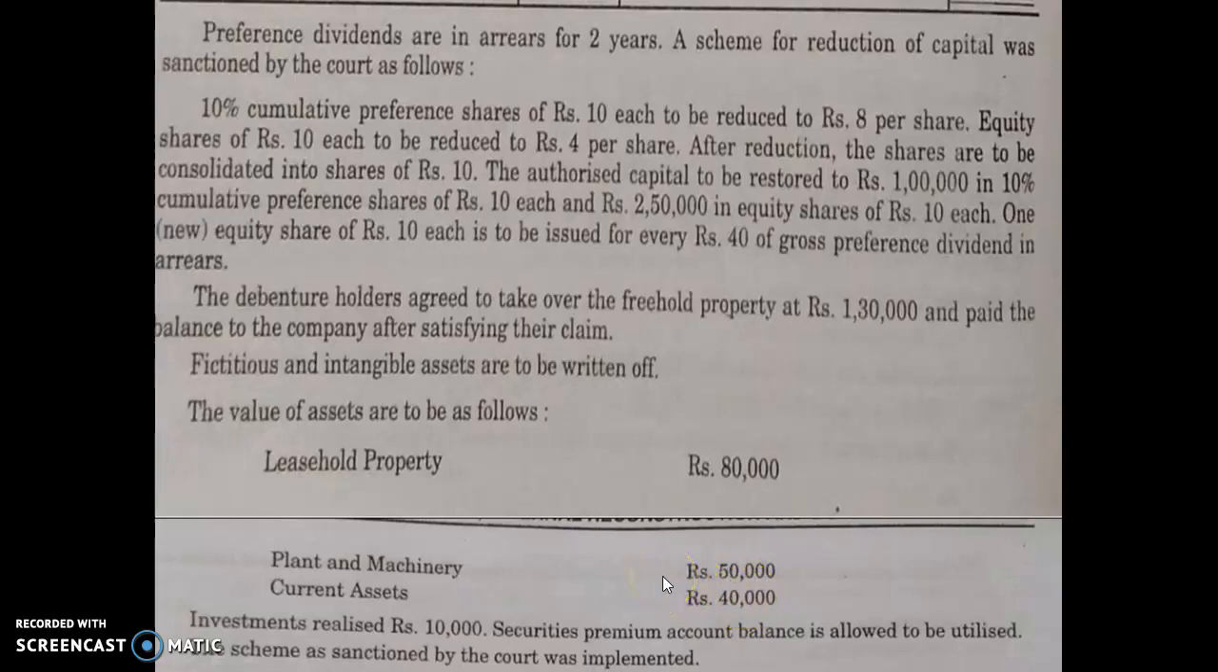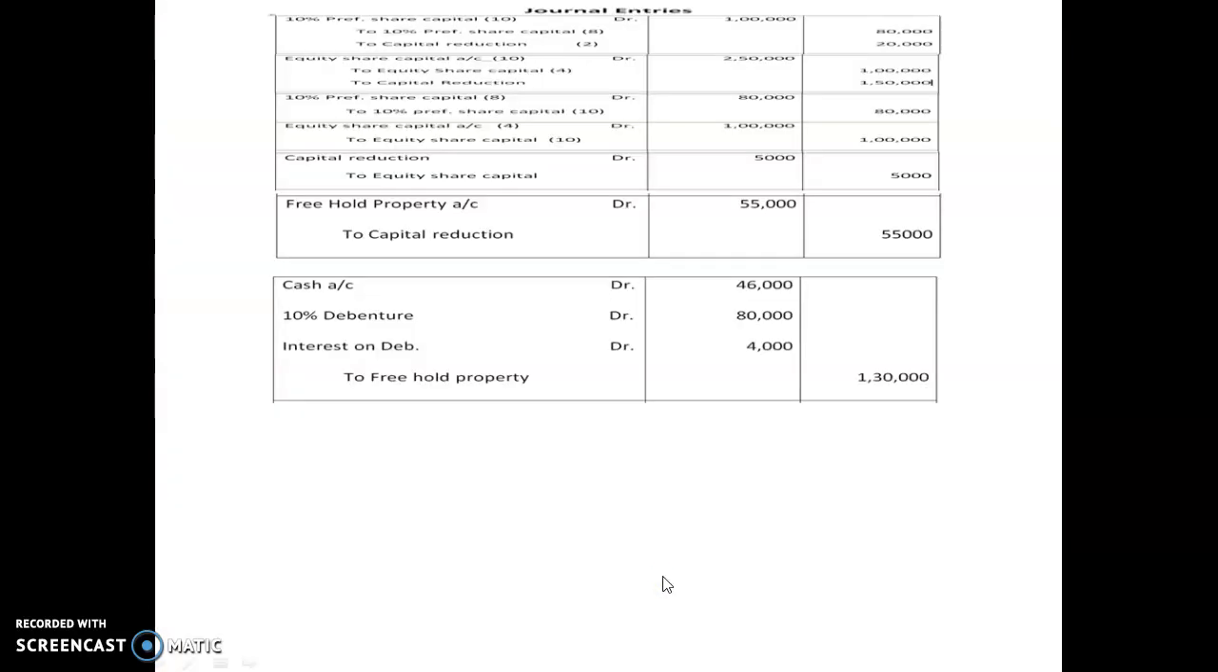So when we say the value of an asset is reduced, the asset that is reduced must be credited by the amount and the capital reduction account will be debited. The entry will be like this: